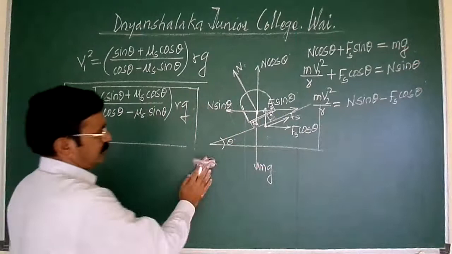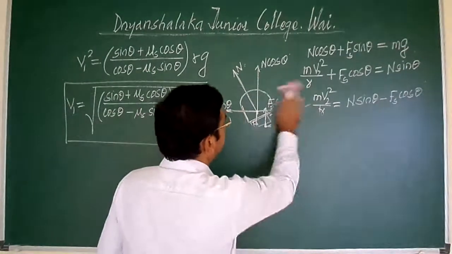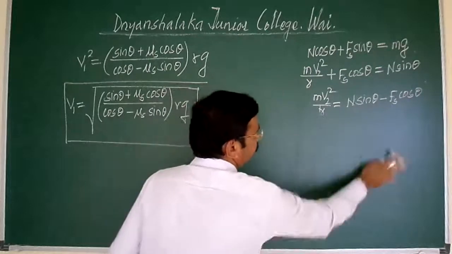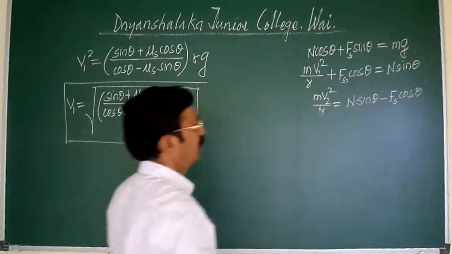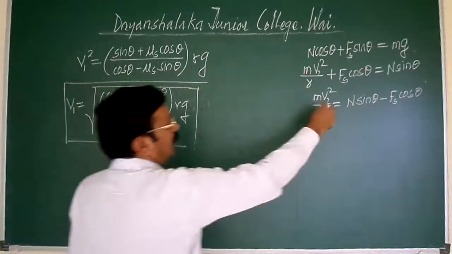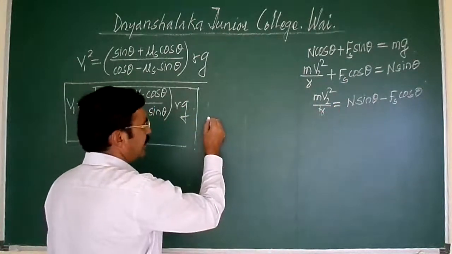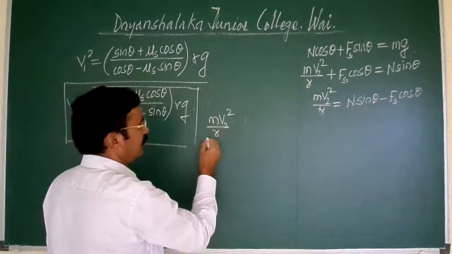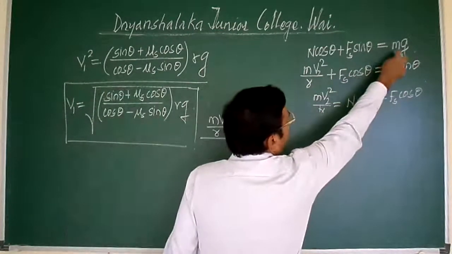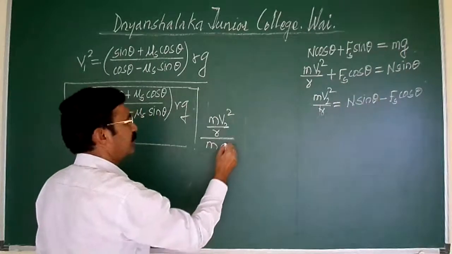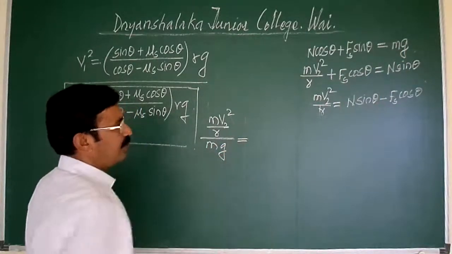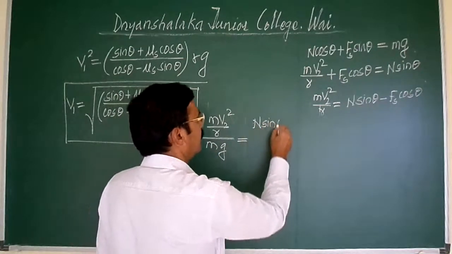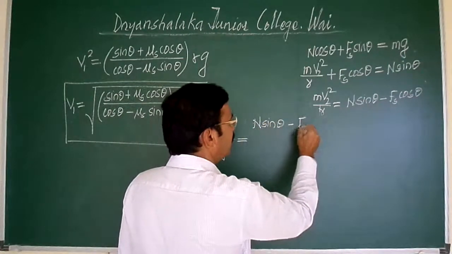And so, comparing the two equations now, I can write the equation as mv2 square upon r upon mg, which will be equal to n sin theta minus Fs cos of theta